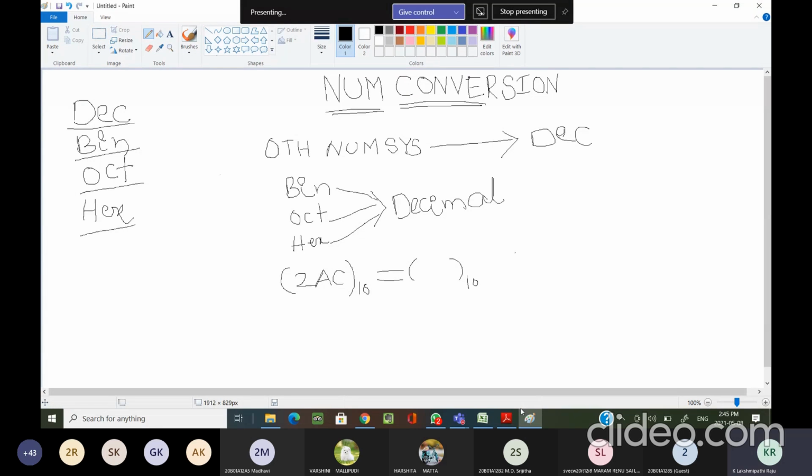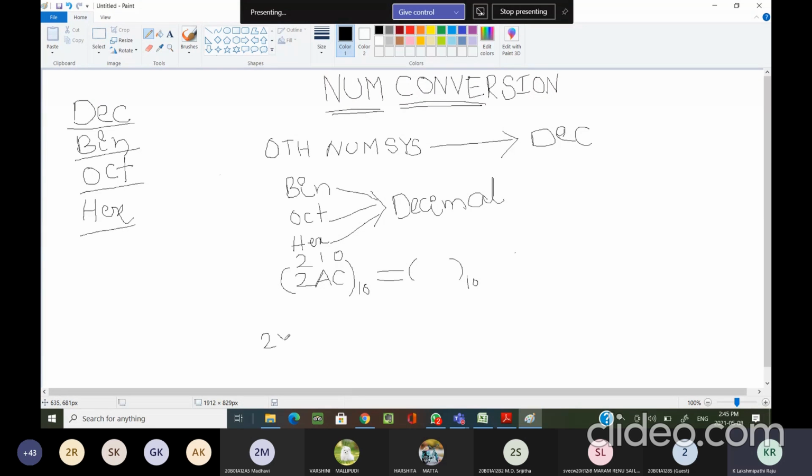Now, so many people have doubt. Sir, for these alphabets, what should I do? Okay, as a starting problem, listen. First, we have to identify the position: 0th position, first position, second position. As usual, the same procedure. What is the leftmost digit?